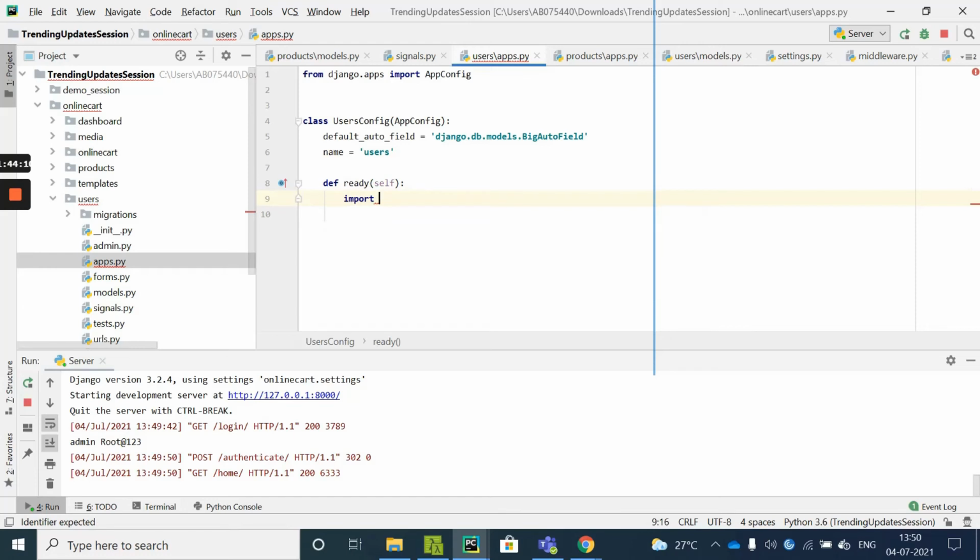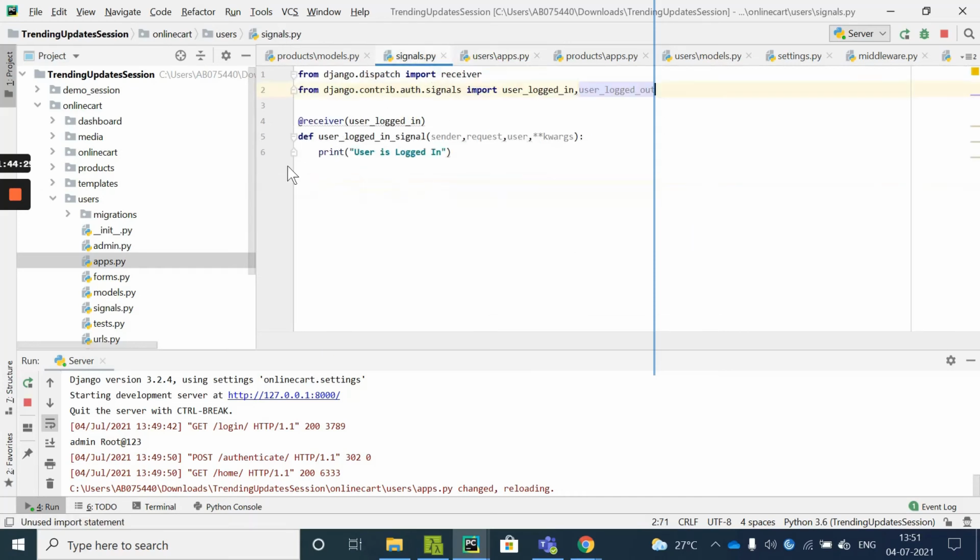You need to import only the signals. From the users module, import signals. That's it. That's done. This is how it works. So now it should take me to user logged in.